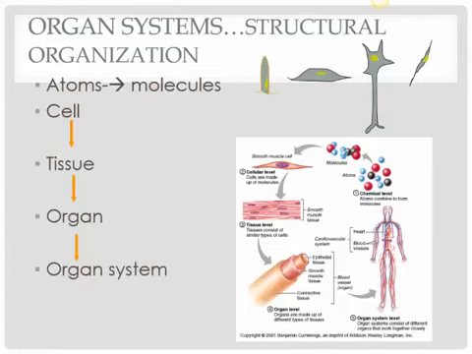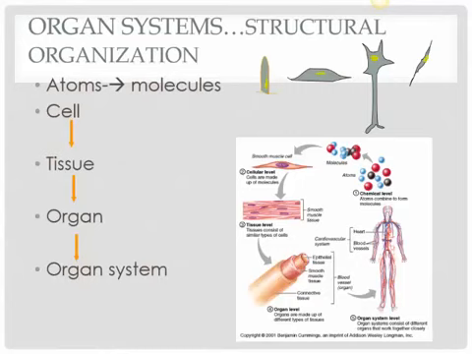So let's look at how our body is actually organized. So we begin with really small structures which are known as atoms. When atoms get together, at the chemical level these are atoms, they get together and they form larger structures which are known as molecules. Molecules then come together to make cells, and there are 4 different types of cells in